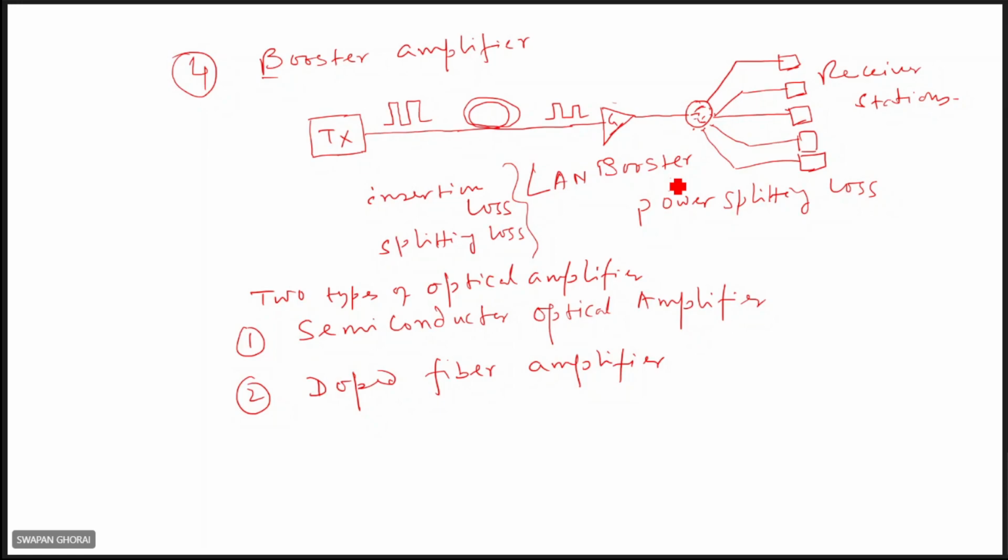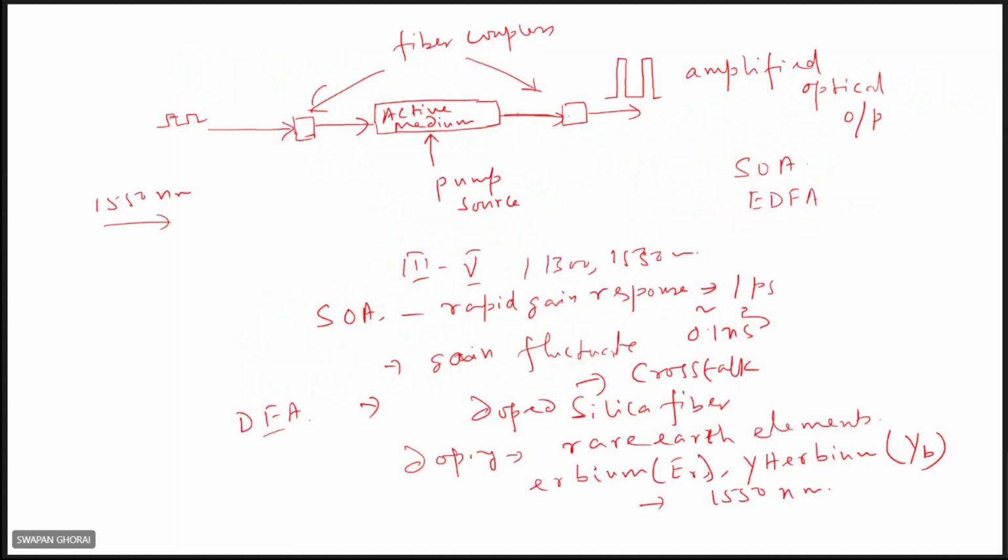And in the second case, the doped fiber amplifier, in this case, a small portion of the fiber is doped with some dopants, rare earth elements like erbium, ytterbium, praseodymium, neodymium. These rare earth elements are doped in a typical fiber, say glass fiber or fluoride-based fiber, and then also you can have the applications. We'll see the amplification mechanism in detail. So in general, you see how light is amplified.